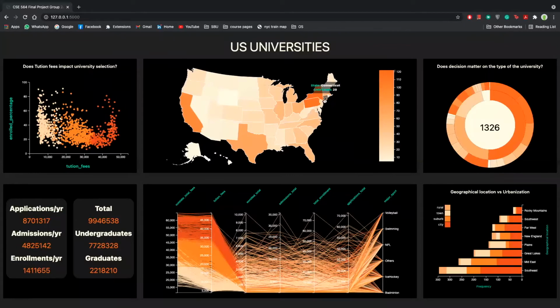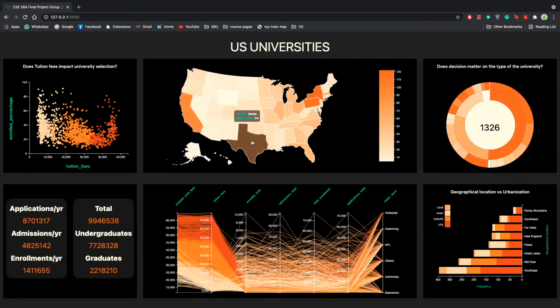So here, as you can observe, New York, Pennsylvania, and California have much more number of universities when compared to others. And this is somewhere related to maybe job opportunities. Like California has Bay Area, New York has financial capital, and also might be because of urbanization. Like this is one of our insights.